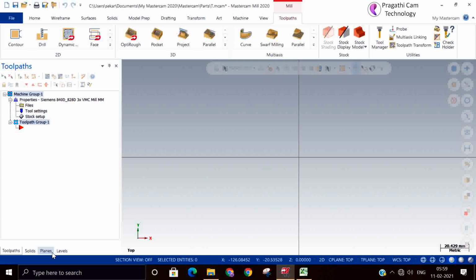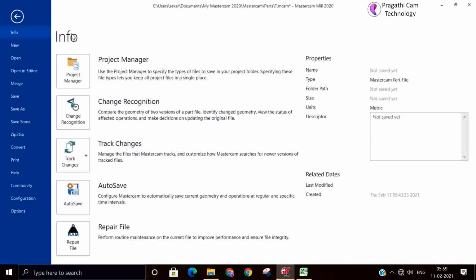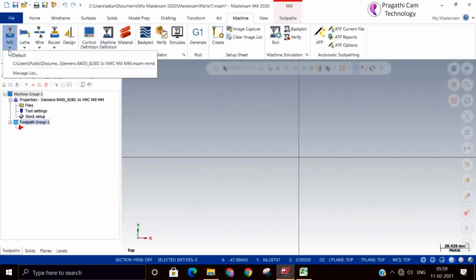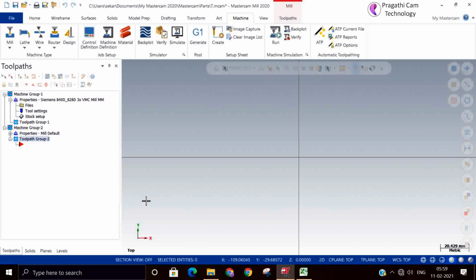At present, always keep one single machine in the window. If unknowingly you selected more than one machine, don't keep it like this. Keep it clean. If you don't want it, select it and delete from your keyboard. Okay.